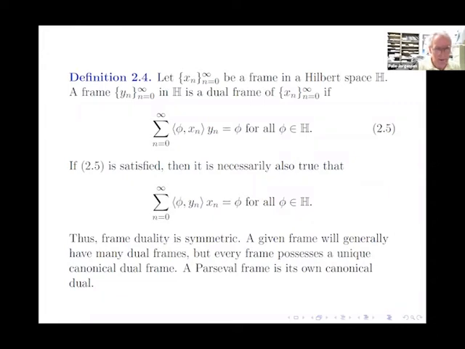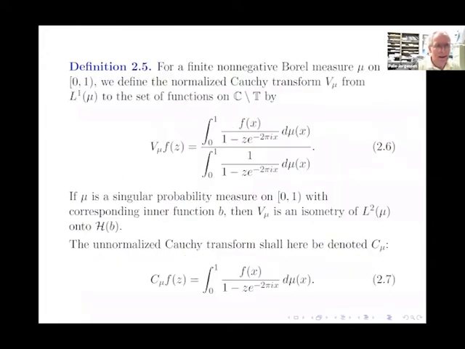and the canonical duals as well. Now, the next tool here would be maybe to look at 2.6 and 2.7, but I'd like you to start with 2.7 and start with one of your favorite measures in the unit interval. That's the one we want to study here and think about how to create the kernels corresponding to it. And we want the kernels to sit inside the Hardy space, et cetera, et cetera.